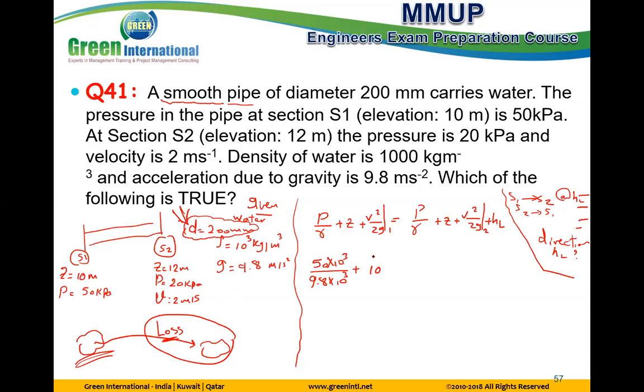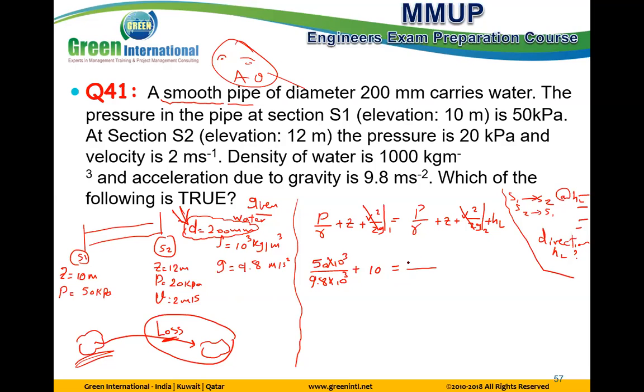Diameter change? Velocity also changes? Diameter does not change, so velocity does not change, according to Q equals A times V. Clear? Yes. Don't lose time on calculation. Equal to